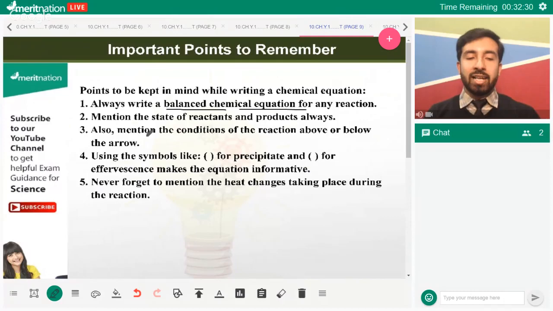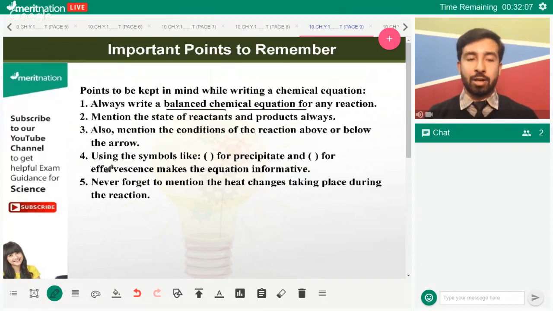The third point is to mention the conditions of the reaction above or below the arrow. For example, if you have temperature conditions, for suppose the reaction occurs at a particular temperature or under a particular pressure, you should always mention the name of the catalyst, pressure, temperature above or below the arrow